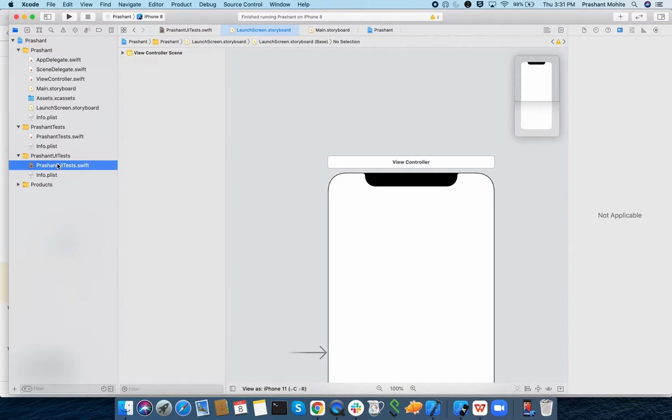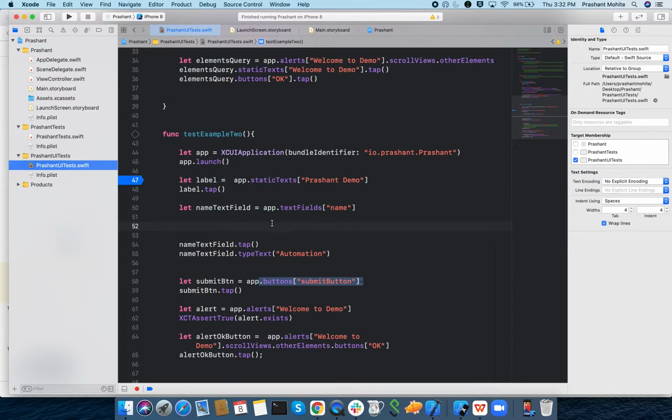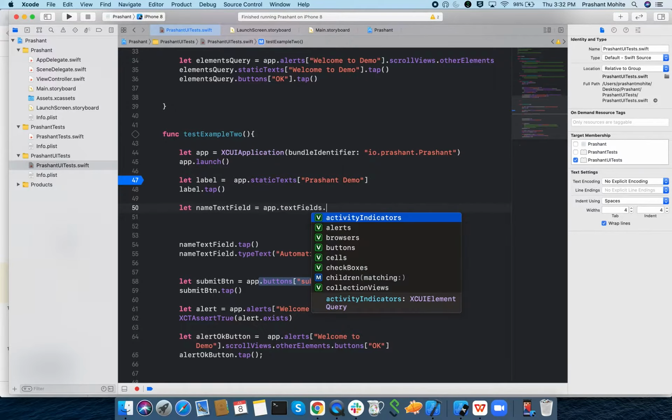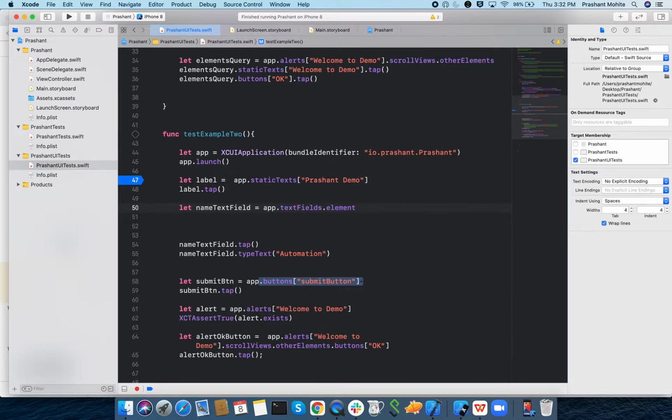When we run the test case, it runs perfectly because that's unique. Because there is only one text field, if I do app dot text field and say element, this will also run. Let's see, this will also work because on that screen only one text field is there.